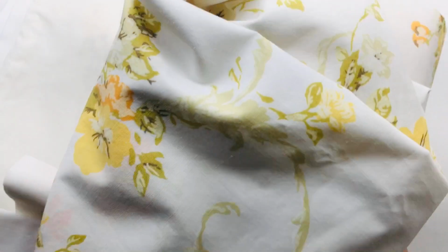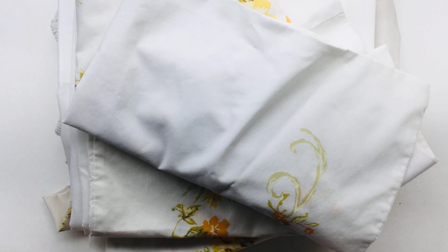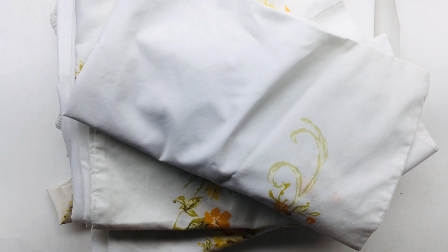I'm here today to do a really fun estate sale haul, and I got these things a while ago, so I kind of don't remember what I got, so it'll be a surprise for both of us. So the first thing I got, and let me fix this a little bit there. The first thing I got, and I hope the lighting is okay,